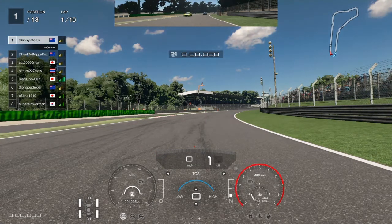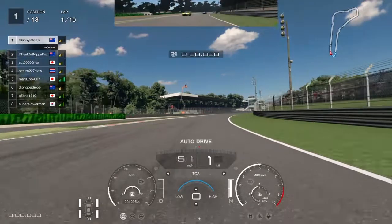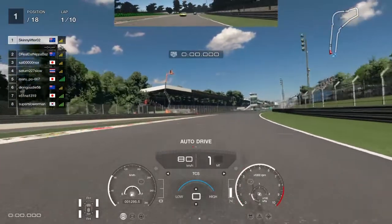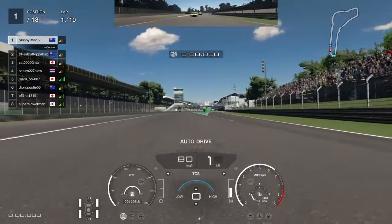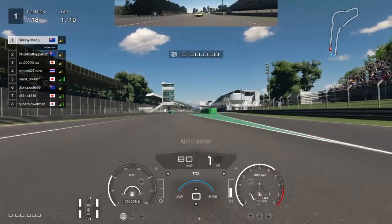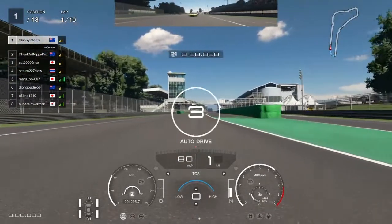So I believe that is an Aston Martin sitting behind me. They are very quick in a straight line, those Aston Martins. So the Subaru doesn't sort of have the top end speed, but it is very quick through the corners. So we have this little auto drive here as we approach the start line, sitting at 80 k's an hour,